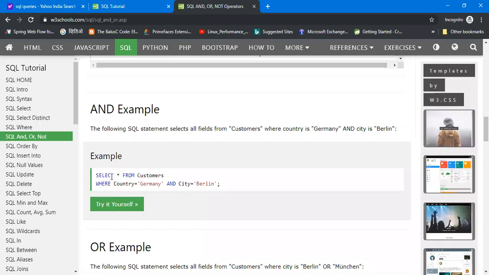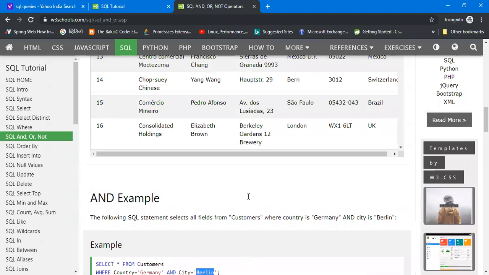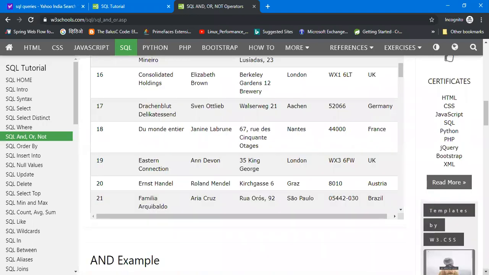There's another example. Select star from customers where country is equal to Germany. Since it's a varchar or a character, it has to be written in a single quote, and city is equal to Berlin. So all the tuples where the country is Germany and Berlin, if both the conditions are satisfied, then only we will get them. So you can see that in this particular table,